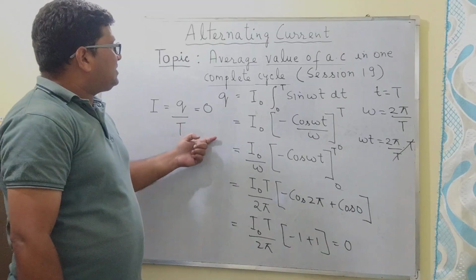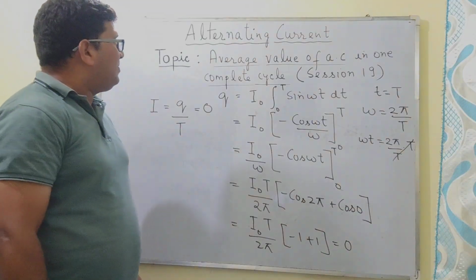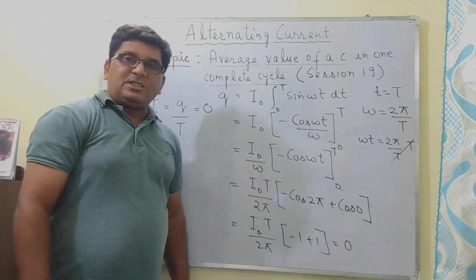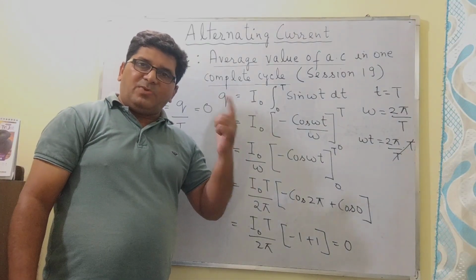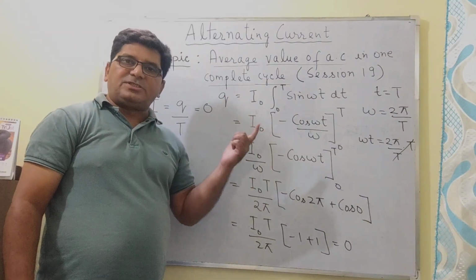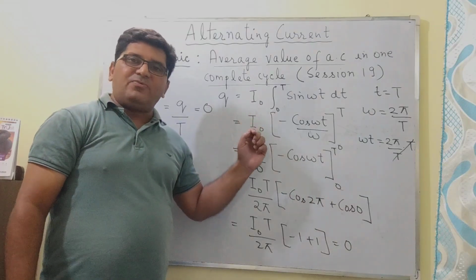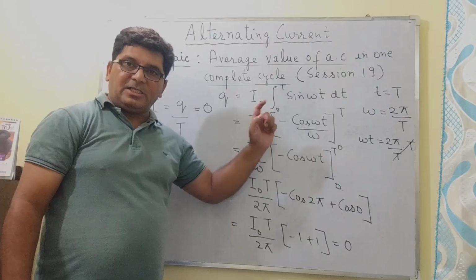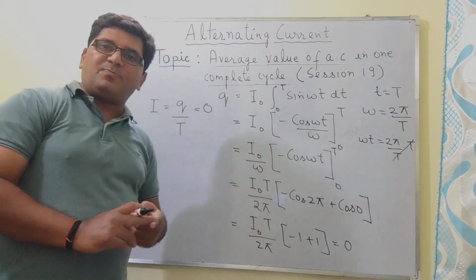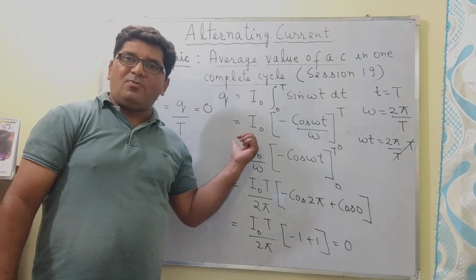So in the next session I will be discussing the relationship between the peak value of the alternating current and the average value of the alternating current. In fact, we will be deriving the relationship between the peak value and the average value of alternating current in